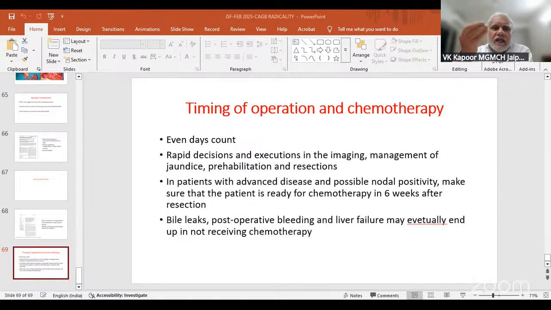Only so I'll give you an example. There is a small tumor in the fundus of the gallbladder with minimal infiltration of the liver, which will be covered in the wedge. But on staging laparoscopy, you find a single small deposit in the omentum, which is adherent to the gallbladder. You take it out, it is positive. There is no other disease. You do para-aortic node also, it is negative. So in some situations, groups have started doing it, but it is not a standard of care as far as management is concerned. Okay, I think we move on.